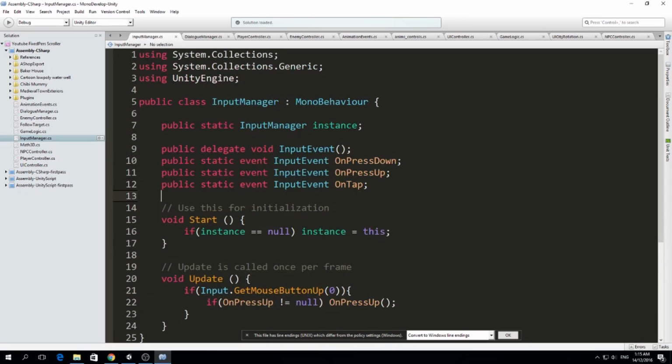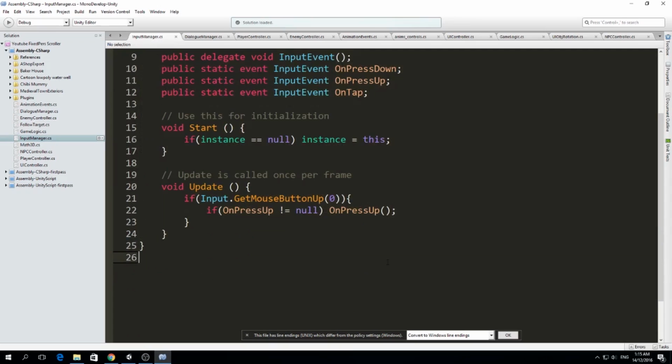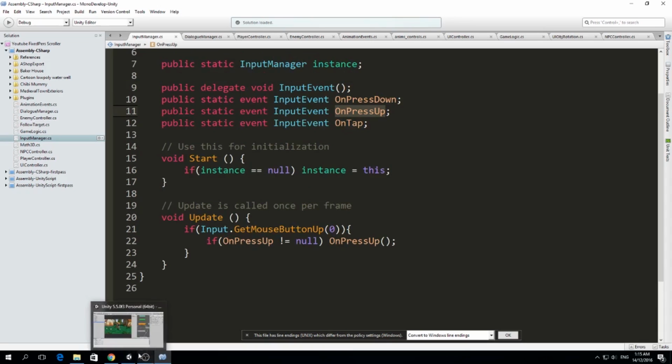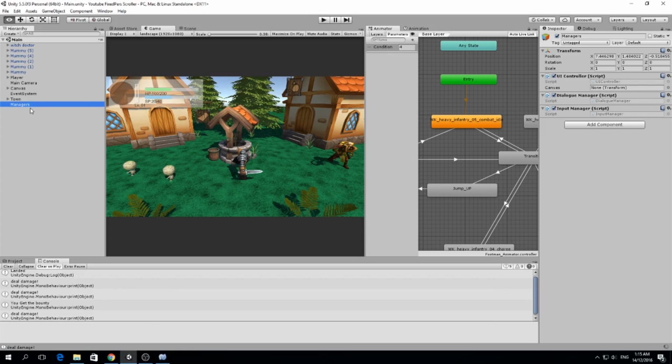Now that I have this, you can copy mine here. We have this on press up event. And what we want to do is create a dialog manager that will show a dialog whenever we press up on our NPCs. So before we go and create the dialog manager class, we need to make a dialog box